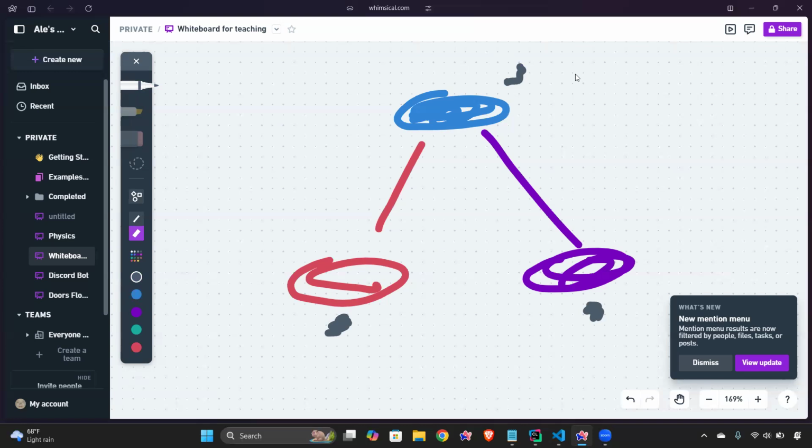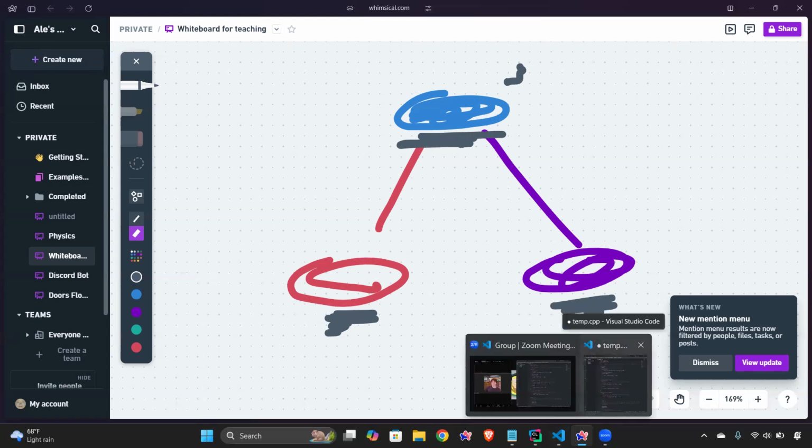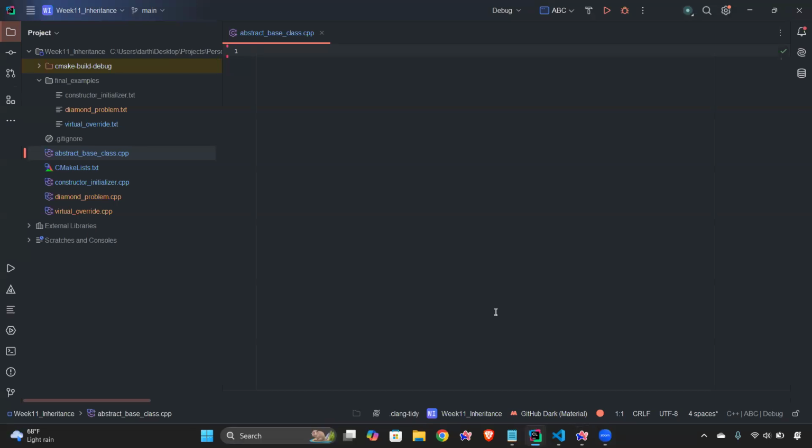And the point of an ABC, or abstract base class, the common terminology is ABC, is just to be a starting point for, I guess, the quote unquote real classes that you actually want to use. So in the case of the example from the slides, the real classes are student or teacher, but they both inherit from person. So that way they don't have to write duplicate code for stuff like name or age or whatever. So going to the coding example,